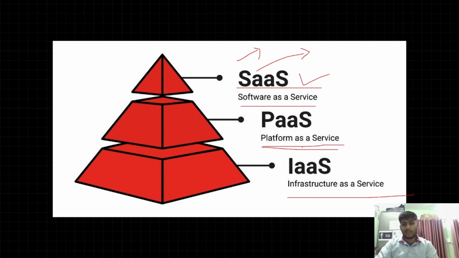And then we have platform as a service. Platform as a service has more features, more customizable features as compared to software as a service. Platform as a service, as the name suggests, is a platform. It gives an environment for developers like us to build